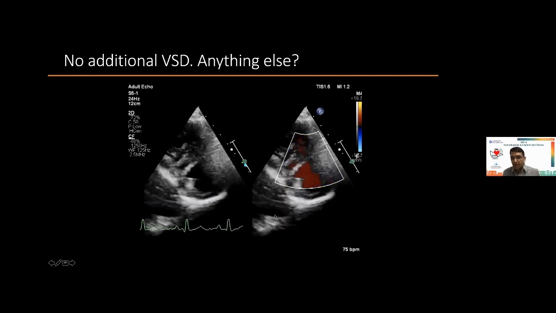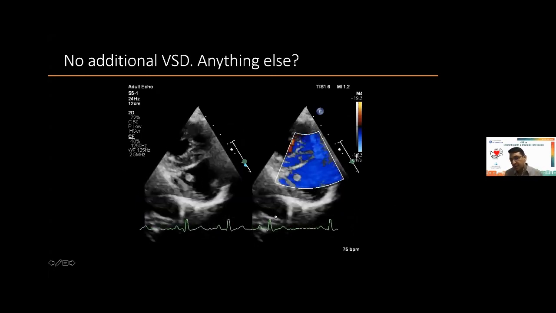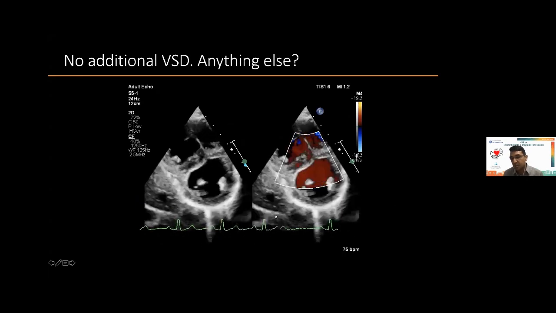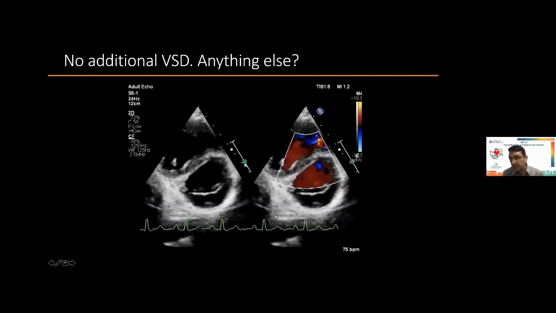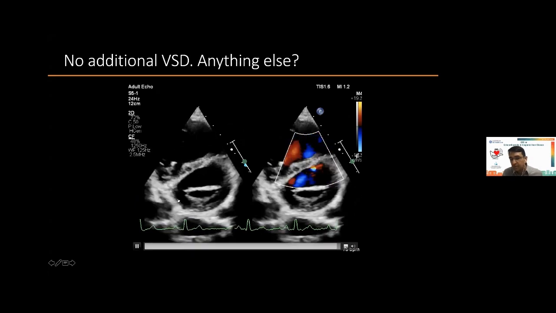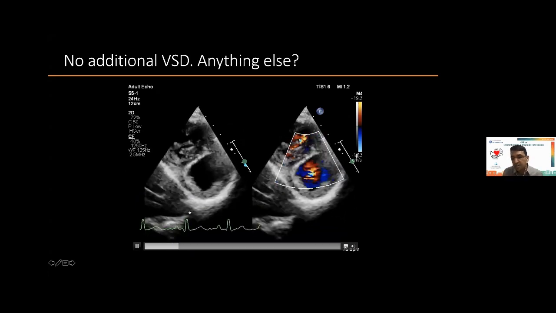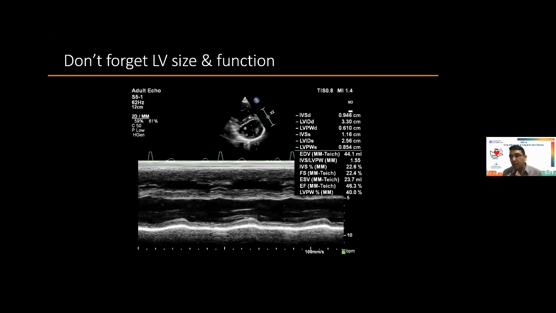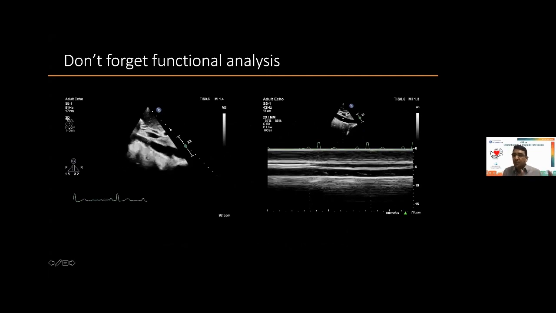But look at it. Now we are trying to scan the septum for VSD. There is no additional VSD, but is there anything else? And that is important, that you look at this left ventricle. This looks dilated and dysfunctional. So it is important that you do a detailed analysis of ventricular function. As you can see over here, the EF is reduced. The same is being reflected on the IVC. As you can see over here, there is no inspiratory collapse in IVC, and this patient is actually having ventricular dysfunction, and that makes this case